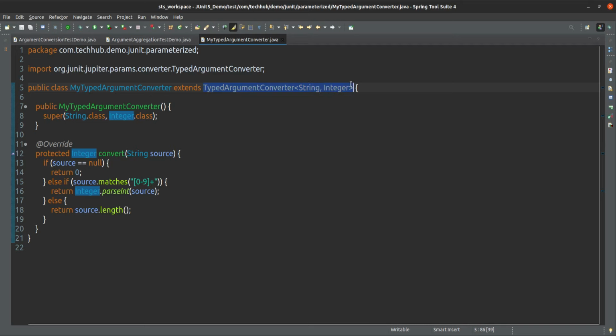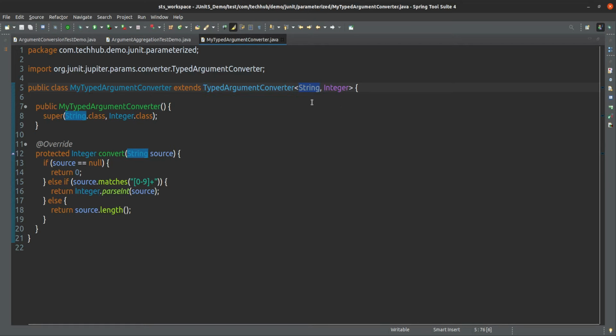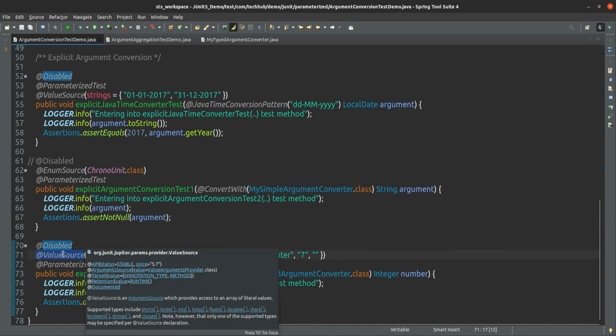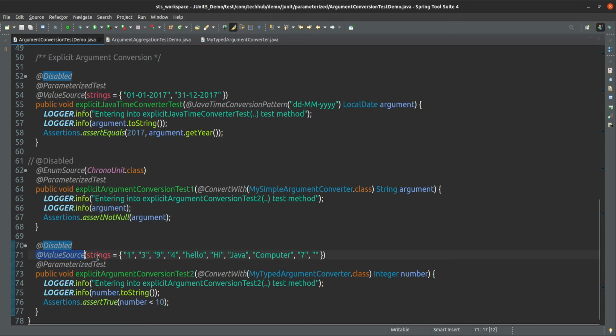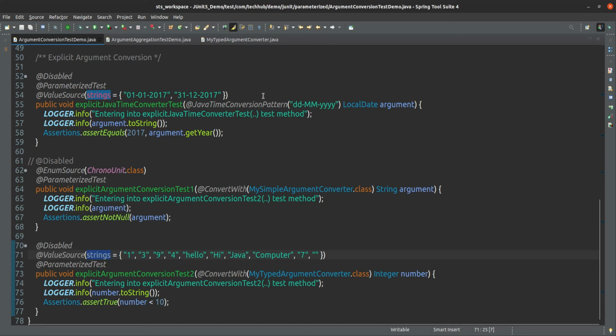generic. So here you can specify, this first one is your input type, whatever the type of input you are taking from the resource. Currently our resource is ValueSource, our input source is ValueSource, and that ValueSource is a type of what? String only. So that is our input type,